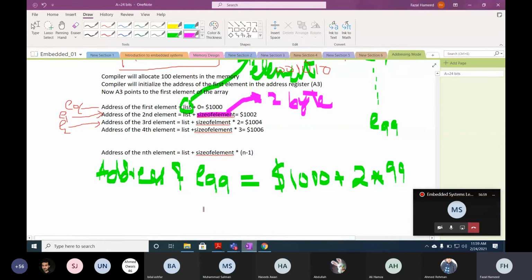E99 is actually the 100th element. That's the reason we index it with E99.